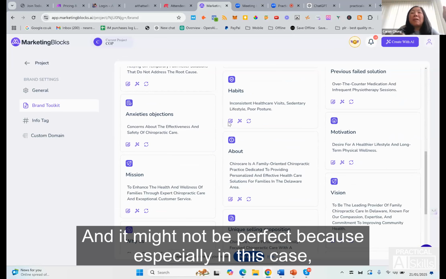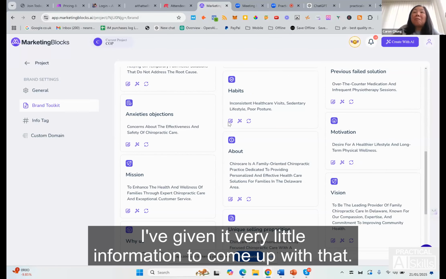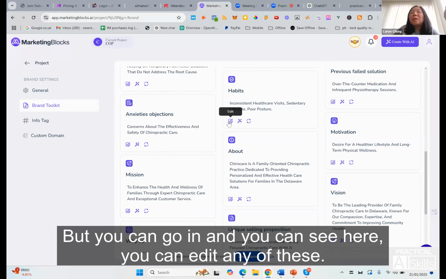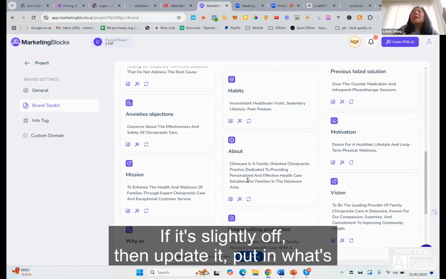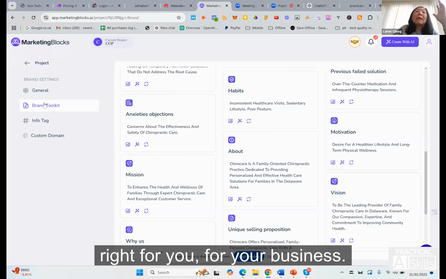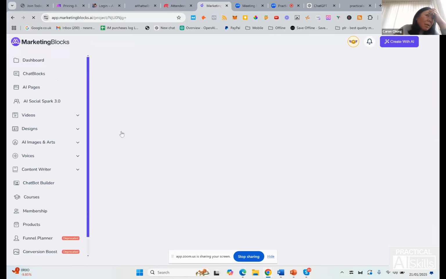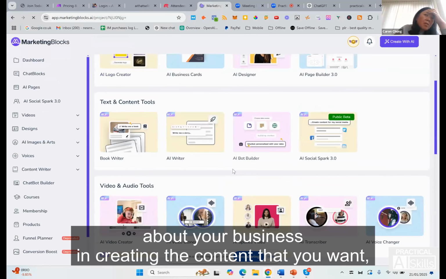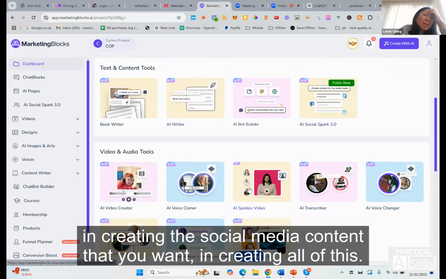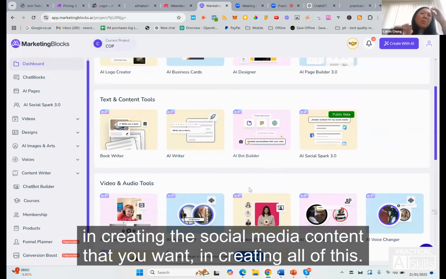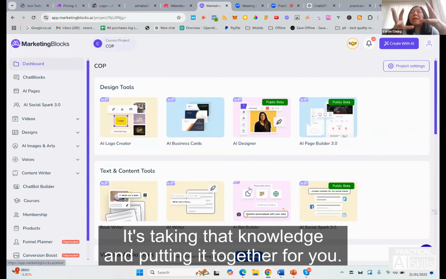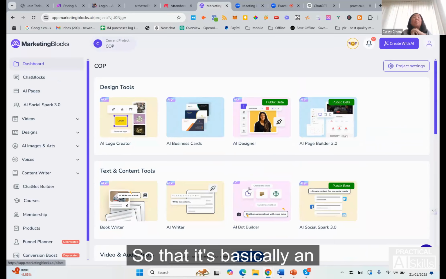And it might not be perfect because, especially in this case, I've given it very little information to come up with that. But you can go in and you can edit any of these. If it's slightly off, then update it, put in what's right for your business. And then it basically uses all that knowledge that it's amassed about your business in creating the social media content that you want, in creating all of this. It's taking that knowledge and pulling it together for you,